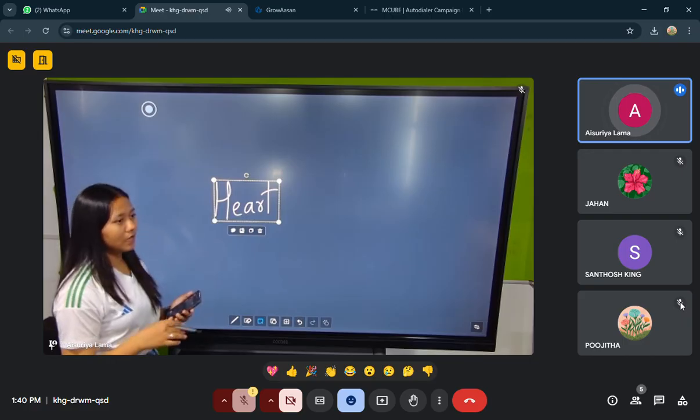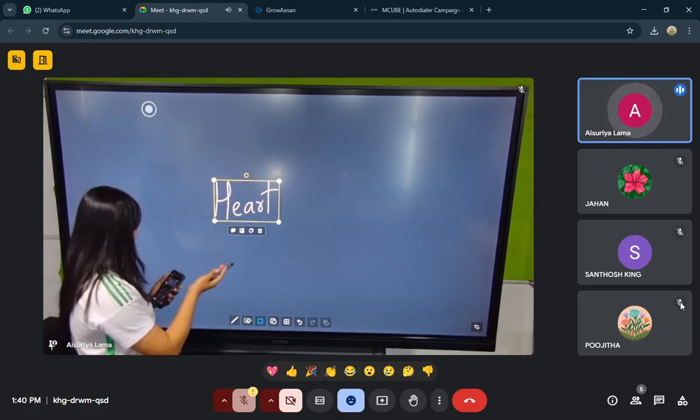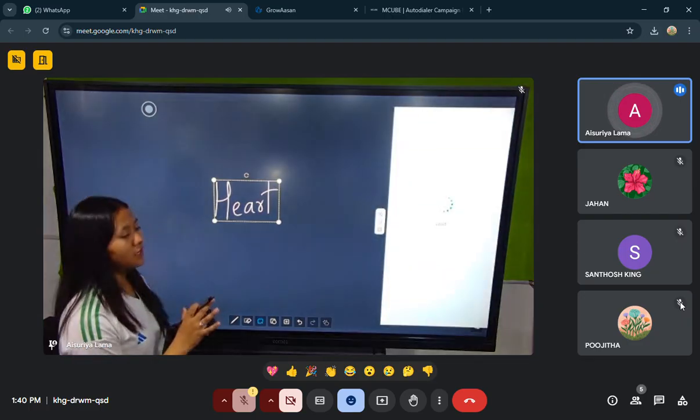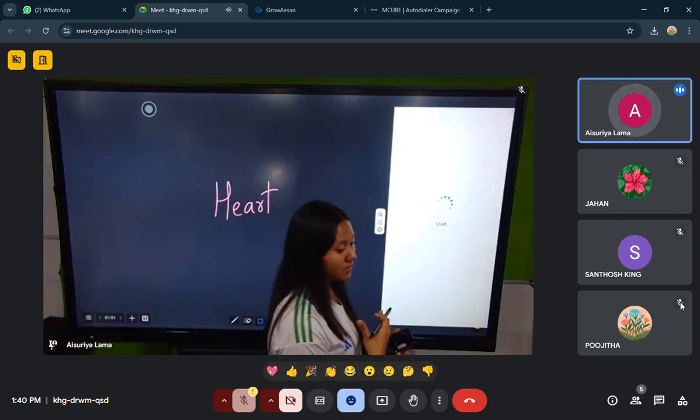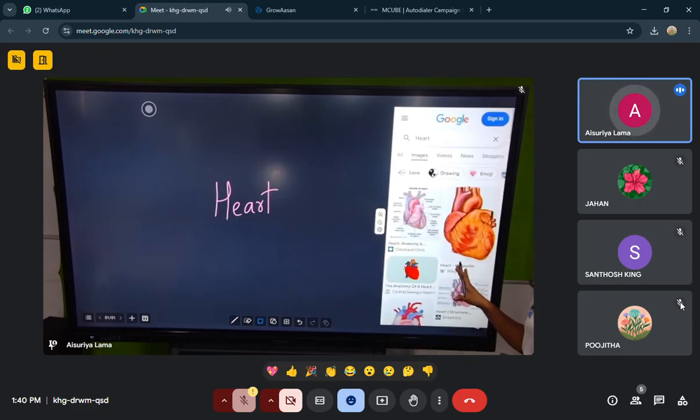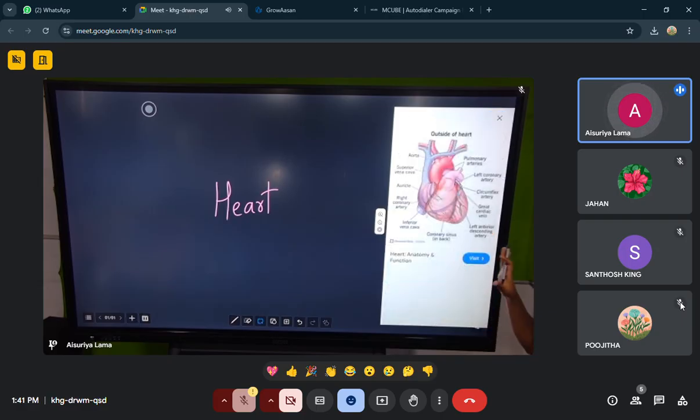So if I want to tell other people what is the meaning of this word, I'll just click the second option. Whatever the meaning of the word heart is, along with its picture, will be coming to this Google section. Now you can see here, you can automatically search by the words also. Now this picture is in my Google part. I want this picture to be coming there so that I can give the proper explanation on that particular topic, or I can cover that particular topic very easily.